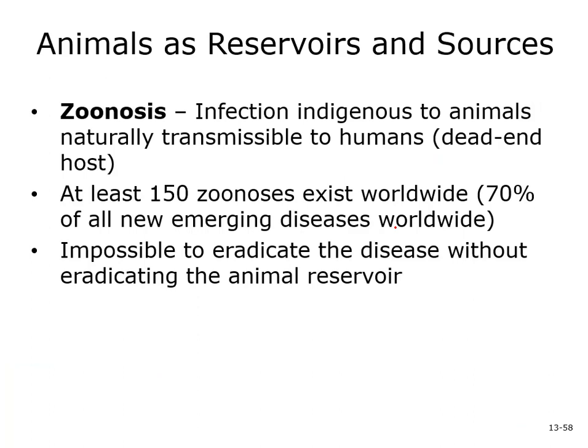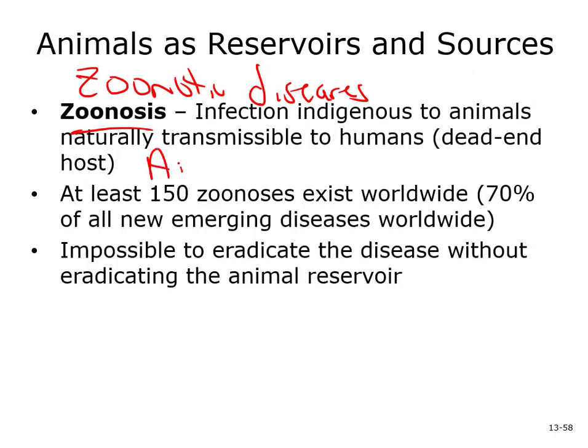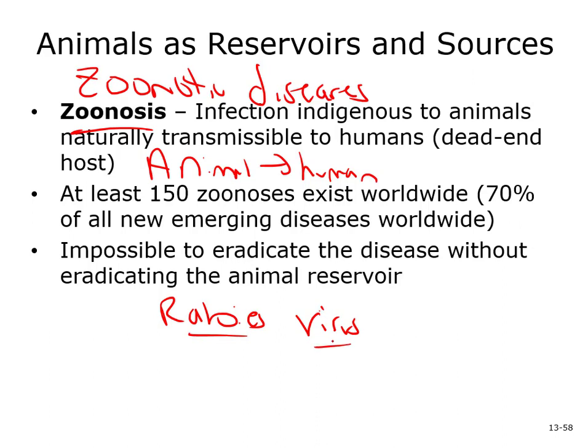Now, just like there can be insect vectors, there also are diseases called zoonotic diseases or zoonosis, okay? This is a disease that spreads from animal to human. A very classic example is rabies. Rabies is a virus that can infect just about any mammal. And then if one mammal is infected with it, for example, a bat, it can then bite the human and it spreads from animal to human.